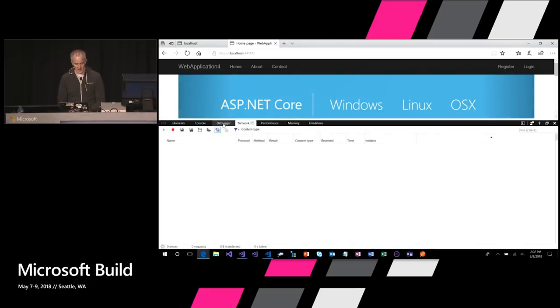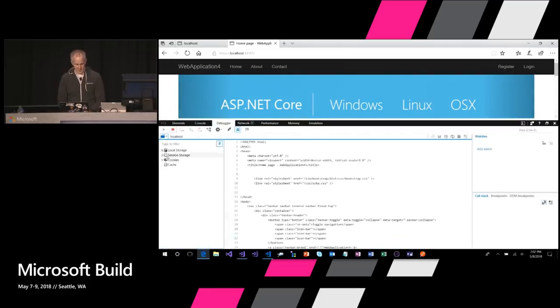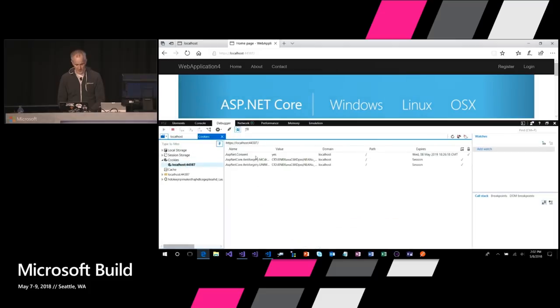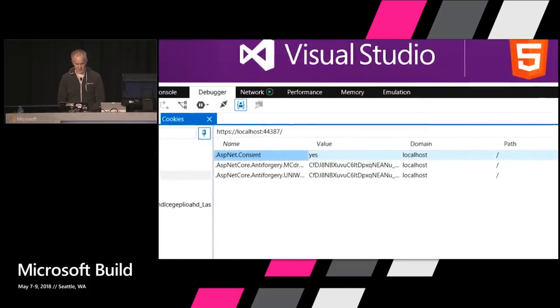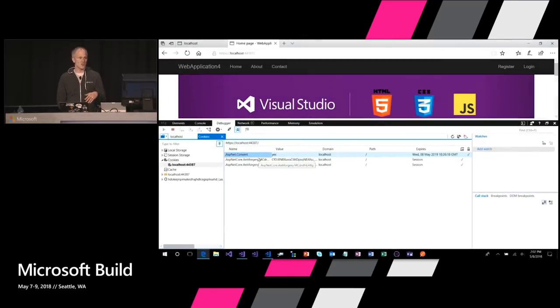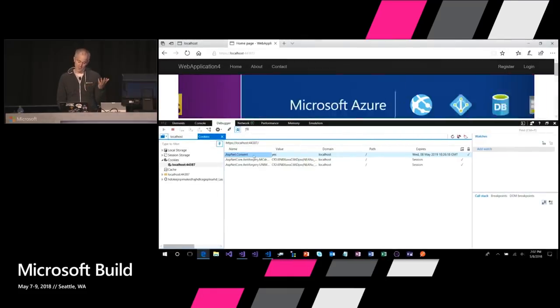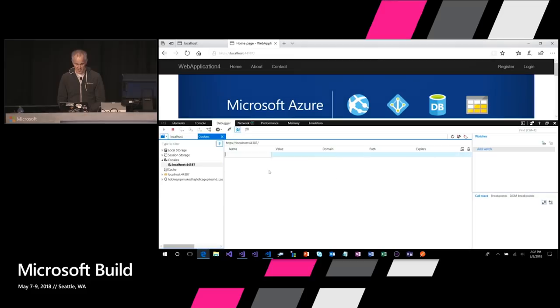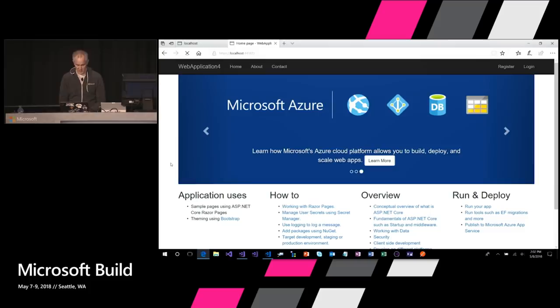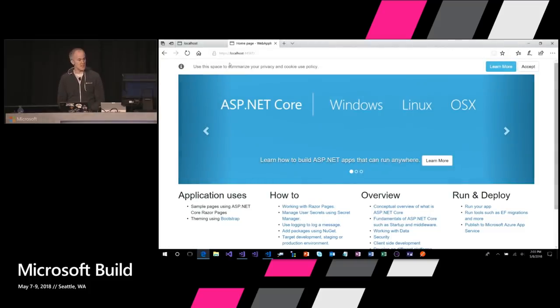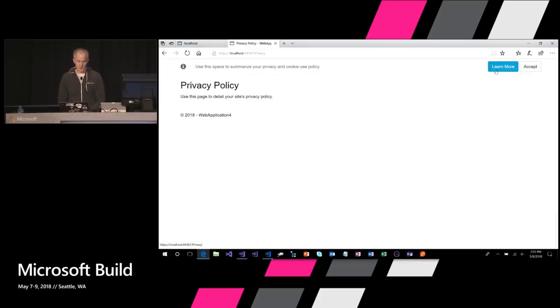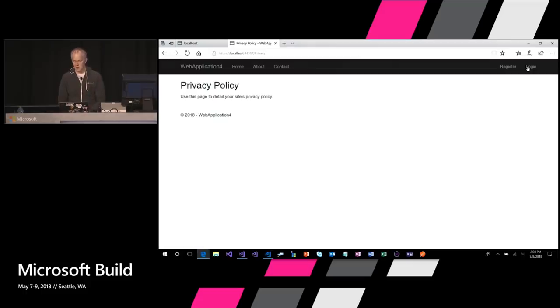If I just go into the debugger, into my cookies, and look there, you can see there's a consent cookie that's been established. You establish consent for cookies with cookies, of course. So let's delete all the cookies just so that we can see what the UI looks like. So if we now refresh the application, now we get this banner at the top that says you're using cookies, or you can put whatever text there you want. You can learn more about the privacy policy for this application. This is a page that's in the template that you can customize as you see fit, and the user can then accept